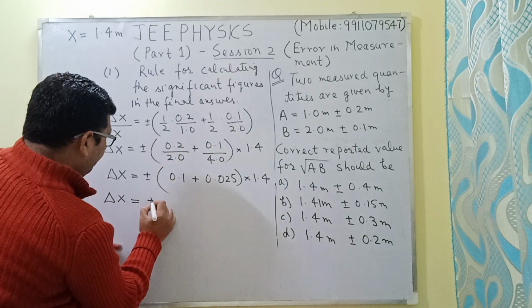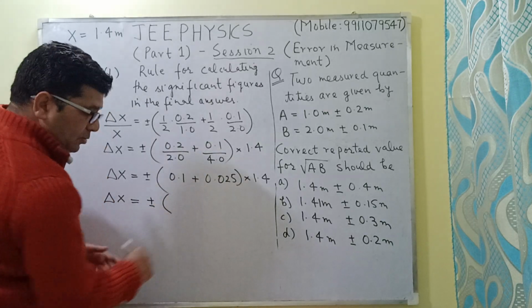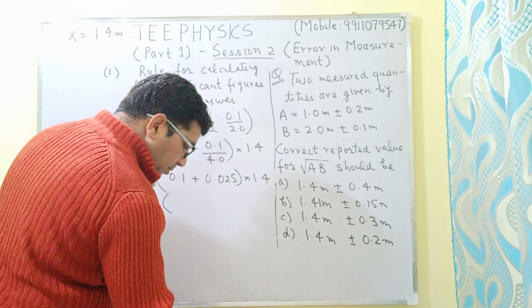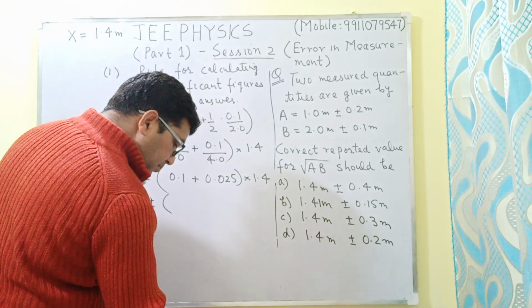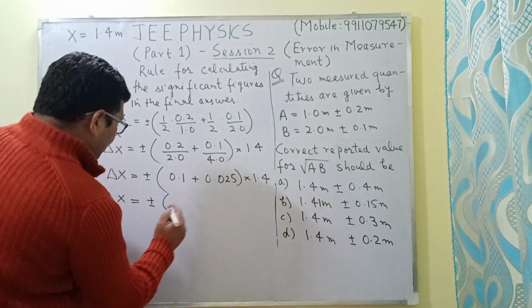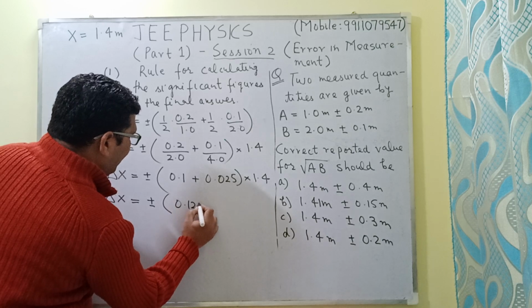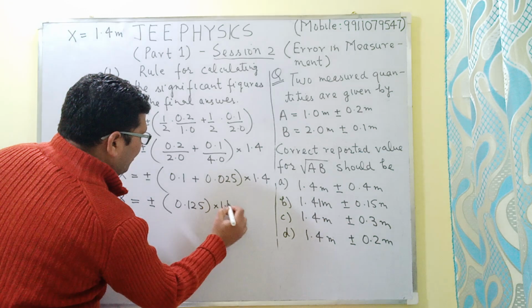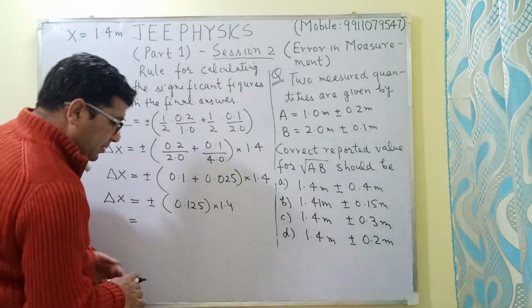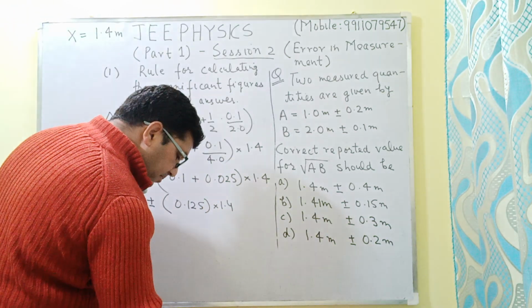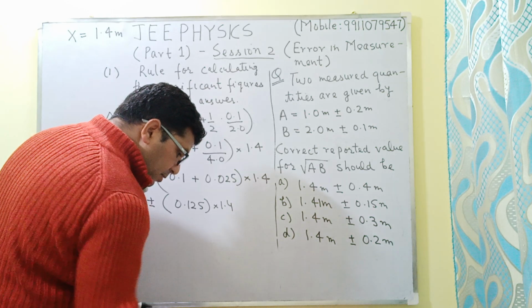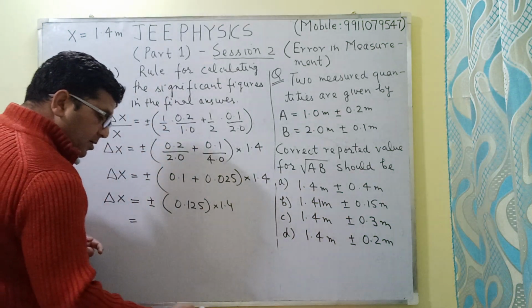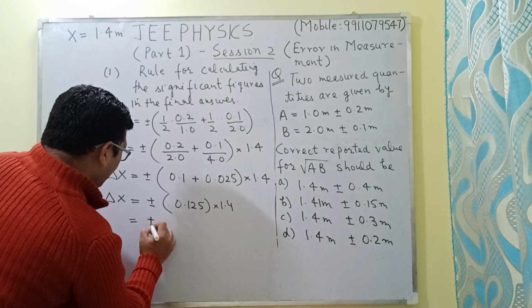So this is equal to 0.125 into 1.4, and this is equal to 0.175